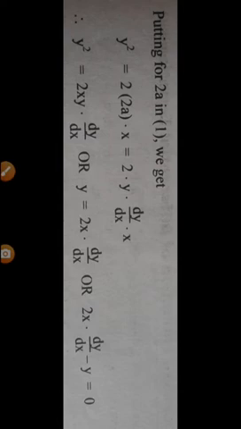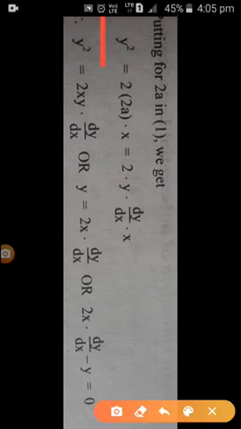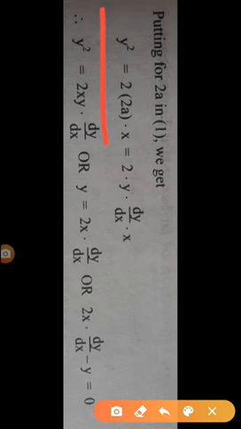Now put this value of 2a in equation 1, that is y square equals 2 into 2a into x. At the place of 2a, put the value of 2a from equation number 2, therefore we get 2 into y dy by dx into x, and simply it can be written as y square equals 2xy into dy by dx,